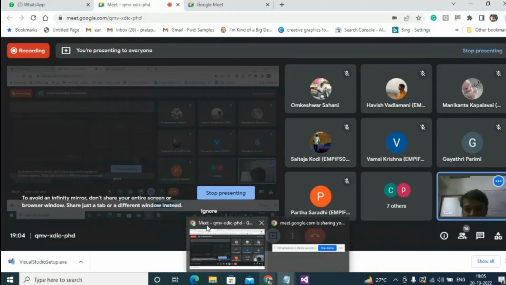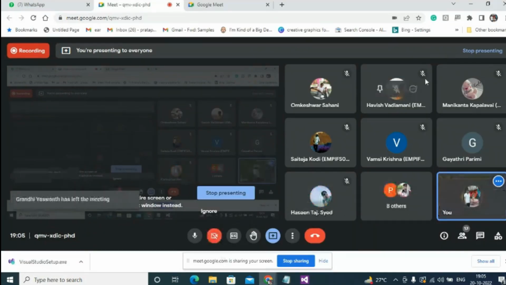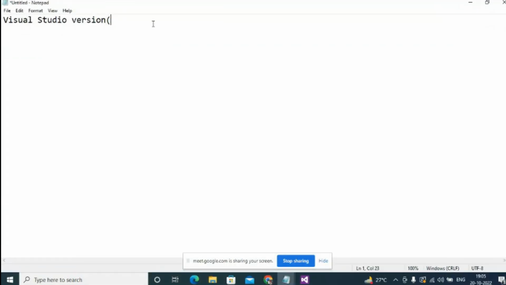So let me share this here. Visual Studio version, suppose I'm using 2012, you can use any other version also. Now this is a product of Microsoft. First of all, this is the product of Microsoft. Now the next point is what it is. It is an IDE. It is an